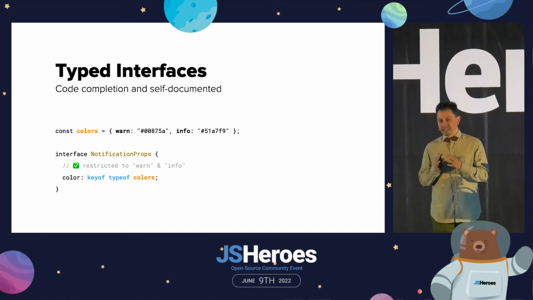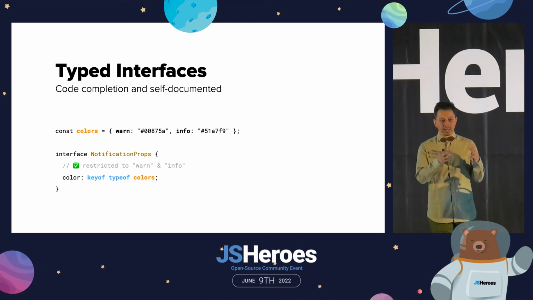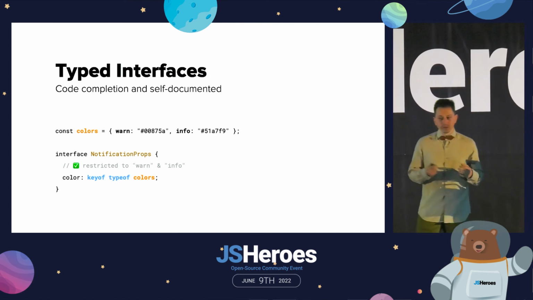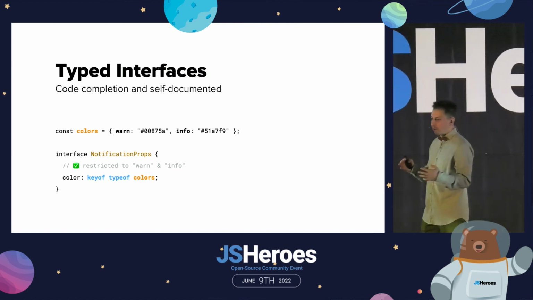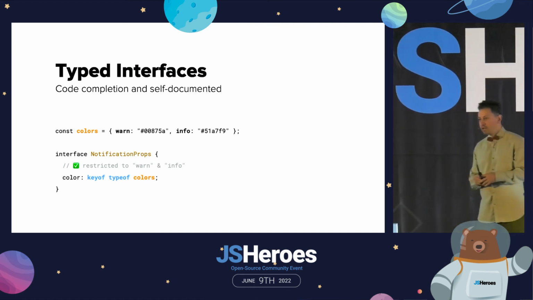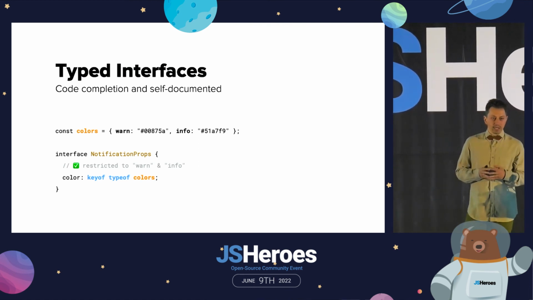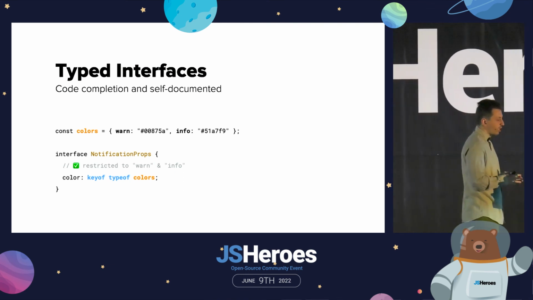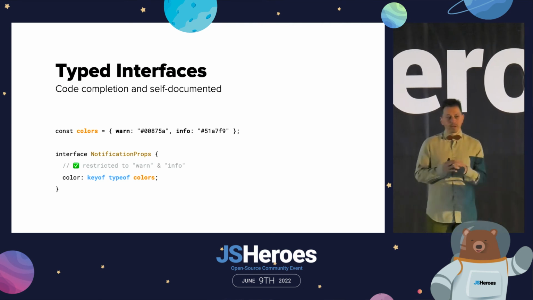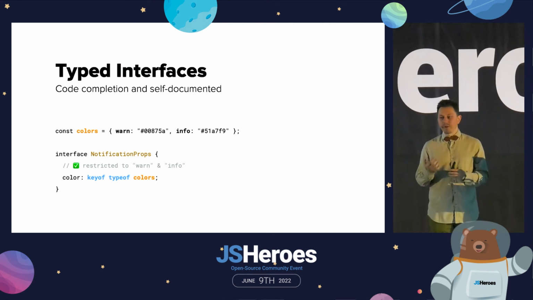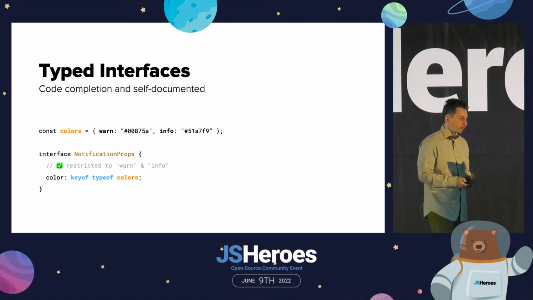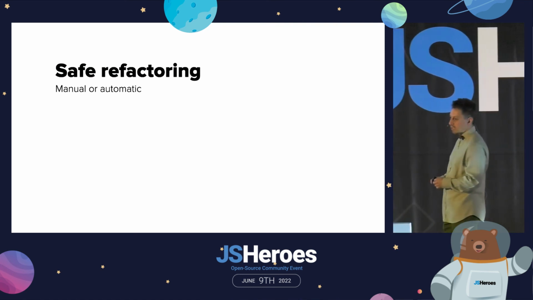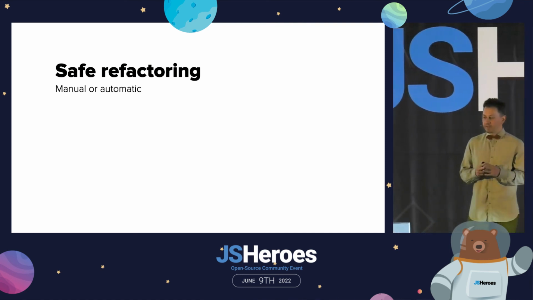Generally speaking, types are self-documented, so anybody reading the code will have an easy time understanding what it does and what it's supposed to do. Not to mention that any consumer of these components with well-typed interfaces cannot pass any invalid values, right? They will get instant type errors in their editor or in their console. They will also benefit from code completion and IntelliSense regarding which values are accepted as valid. But probably what I consider the most important thing is that type safety enables safe refactoring.